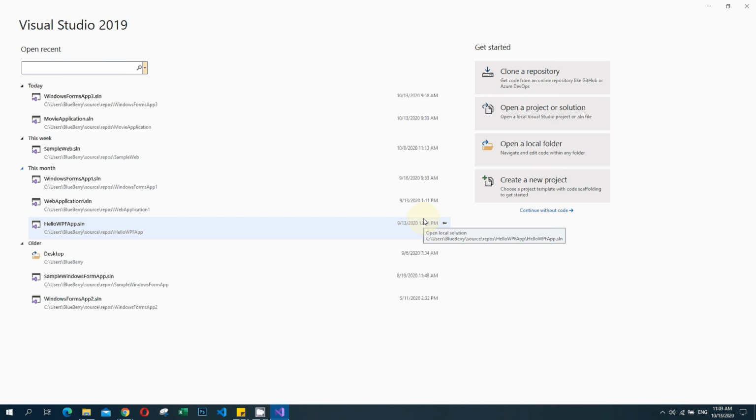So here we are going to create a new project. First we will create a C# application project. We need to create a project for creating an application. After opening Visual Studio 2019, here is a window. So we will create a new project. We will click on that create a new project panel which is available here.